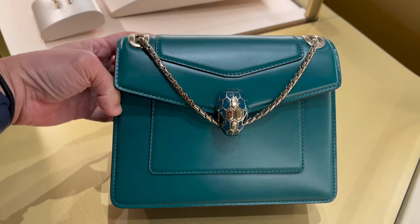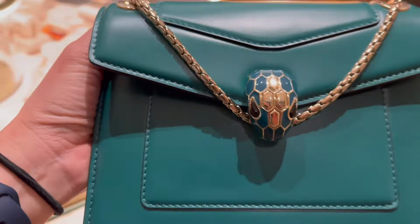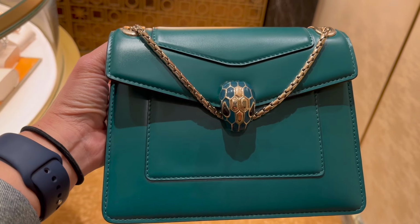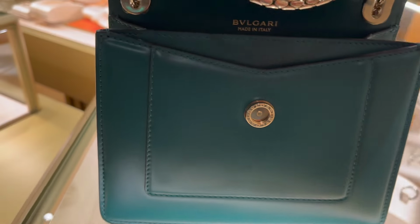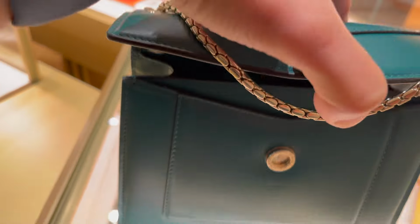There's another color in this gorgeous emerald green color. It is so beautiful. But what do you need? You need your credit card, you need your gloves, stuff like that. I need more,